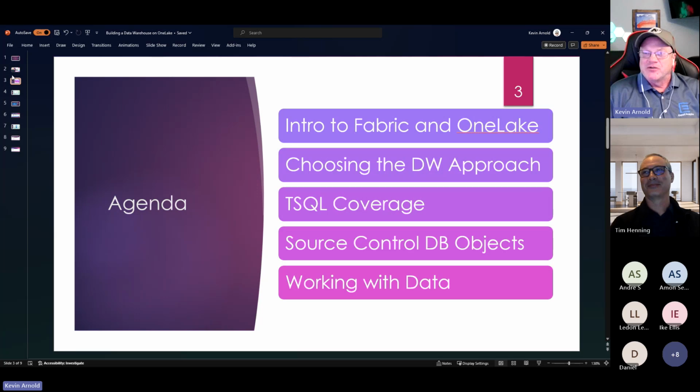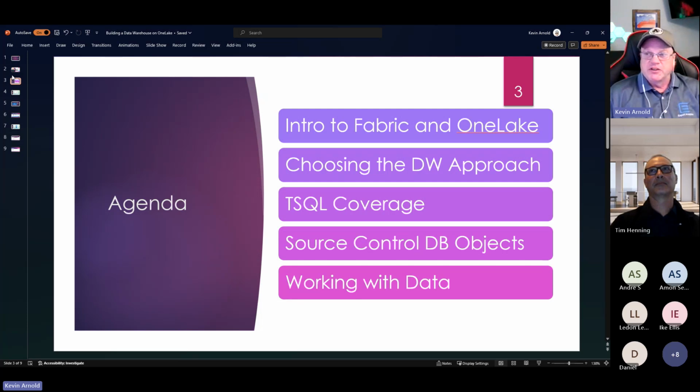Okay, so we're going to have a little bit of an introduction into Fabric and Onelake, and then how you could make the choice to use the data warehouse. We'll talk a little bit about the T-SQL coverage, and then we'll get into what we covered a while ago on Fabric Friday, which I improved a little bit: doing source control of your database objects and getting them published out there.